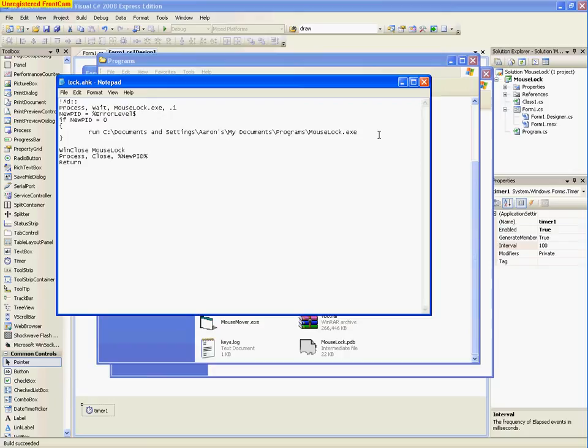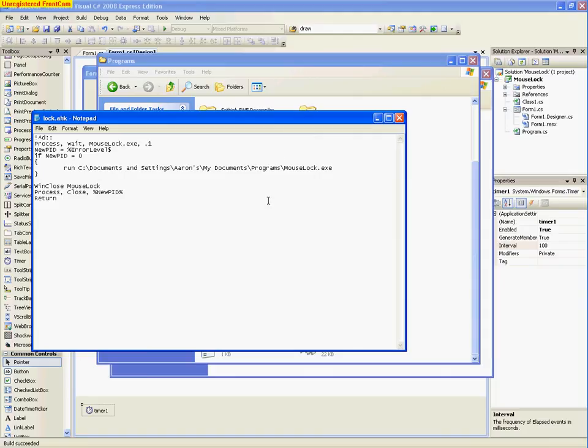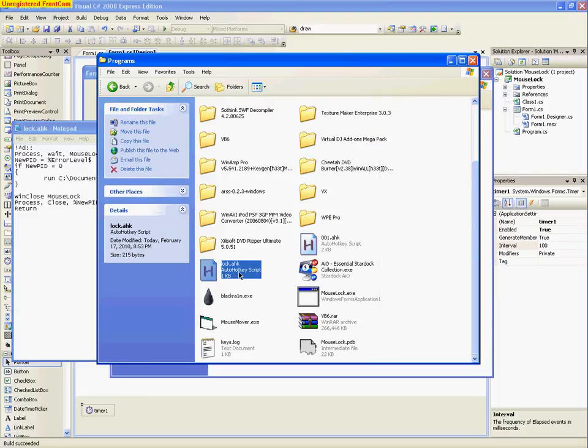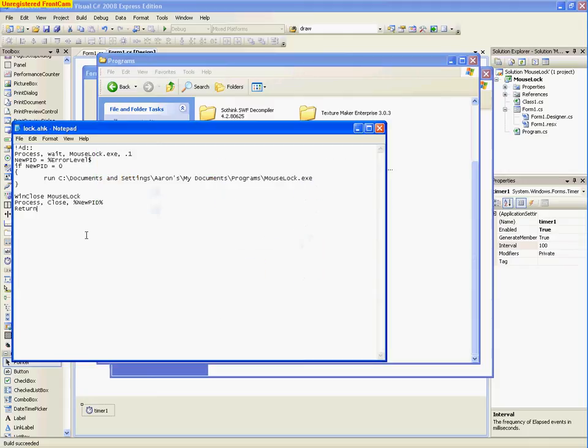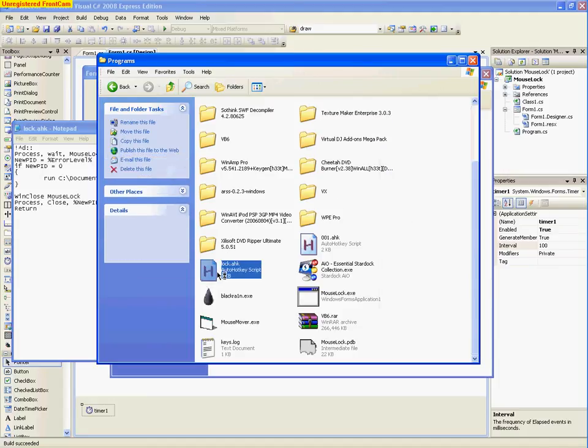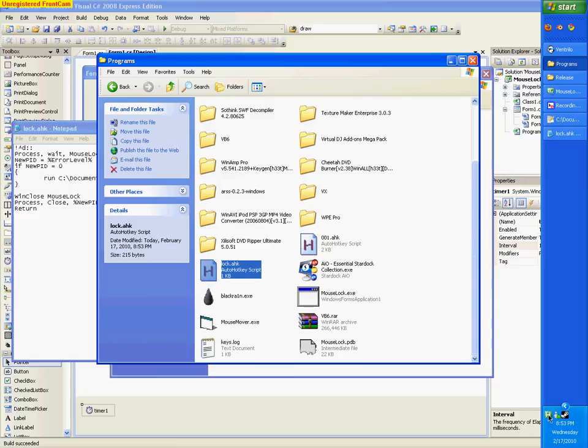So let's try it. Control-Alt-D. Oh wait, whoops, I'm not running it. So move over here and just hit enter on that, and whoops, made an error. There. Alright, now it's running. If you move over here, you'll see it right there, Lock.ahk. You can actually right click, go to properties, and customize and hide it so it doesn't show up. Now let's hit Control-Alt-D,